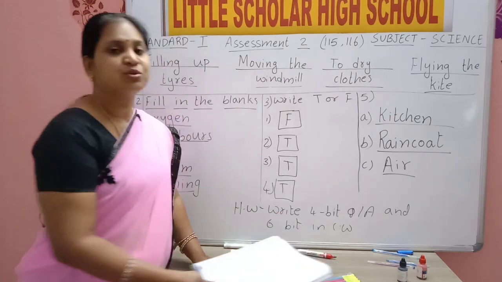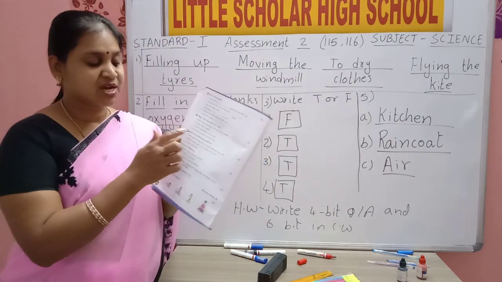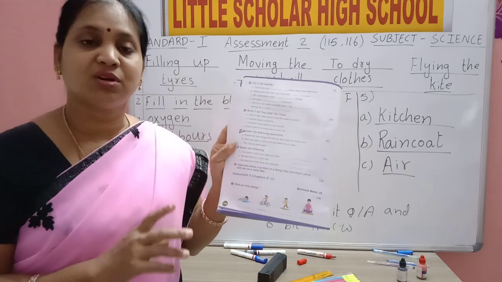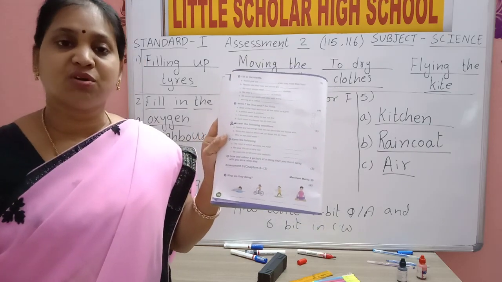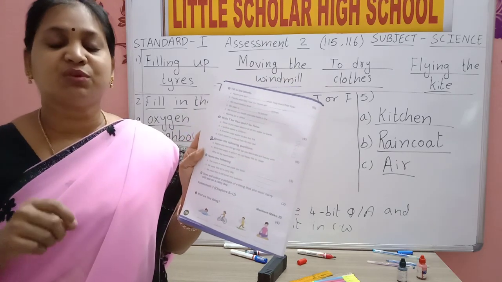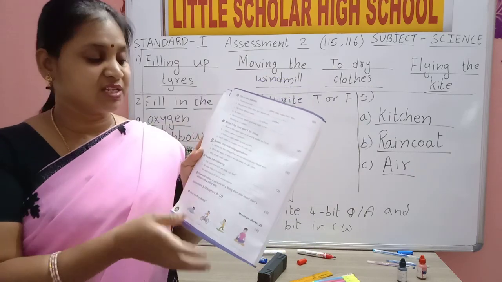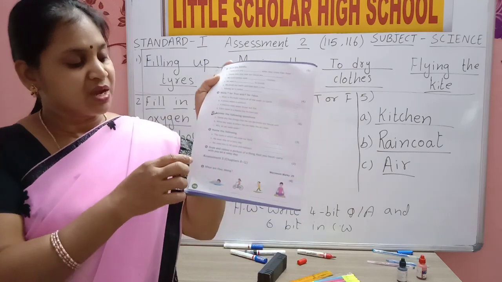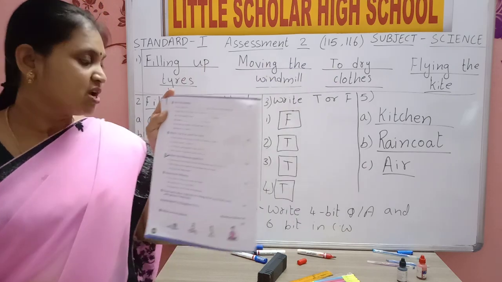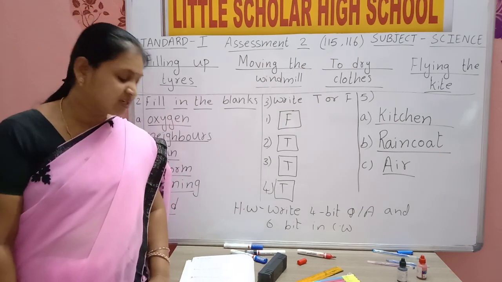So our assessment 2 also completed. Now what is your work? You should write question answers, you should draw, and after that you should be able to read all these sentences. If you learn all this, that means you are revising all the lessons once again. Try to read all these sentences. If you read, you will understand how better you are in reading. After completing your work, learn this all: second, third, fifth bit objective you should read from your textbook. So complete your work in classwork, and also your textbook work should be completed with good and neat handwriting. Thank you, children.